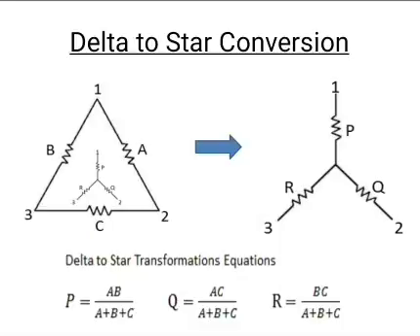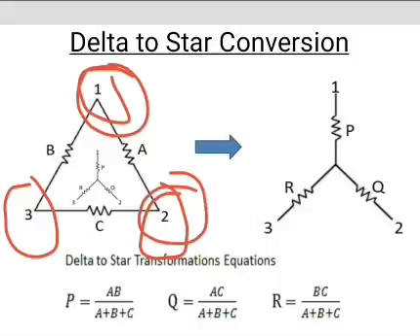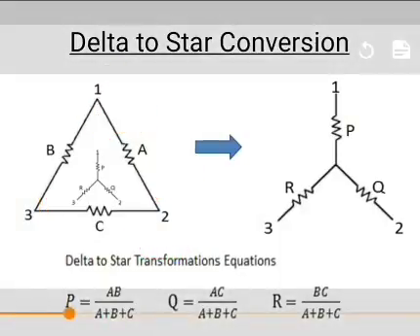These network conversions allow us to change the three connected resistances or impedances by their equivalent measured between the terminals 1 to 2, 1 to 3 or 2 to 3 for either a star or delta connected network.